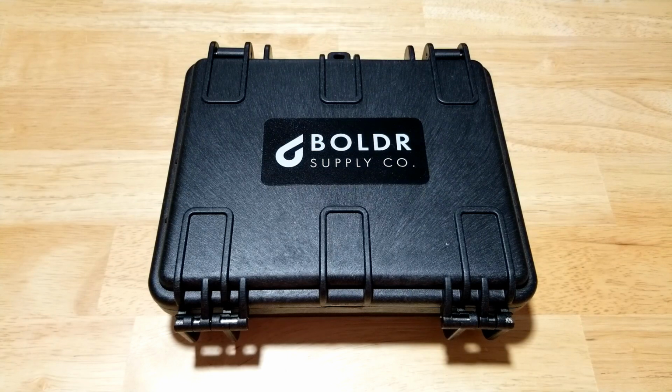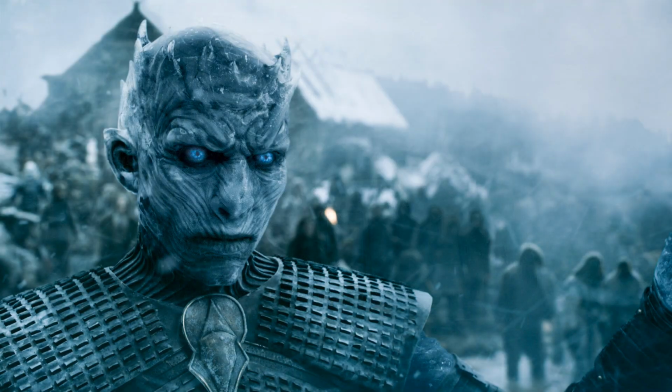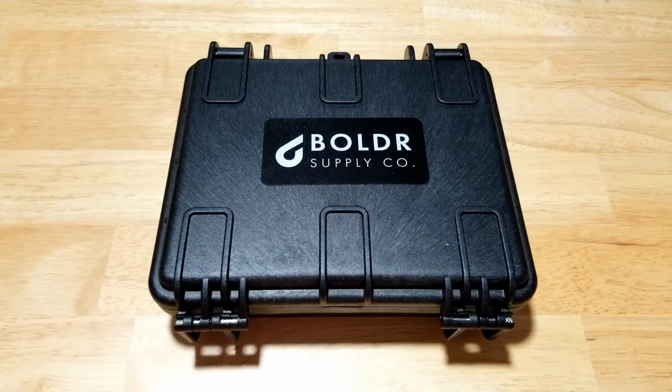Today we have the Boldr Odyssey 500 meter diver, and this happens to be the white ice version. Now, whenever I hear that name, white ice, I always think of the Night King from Game of Thrones. Anyway, it's a really cool looking watch, and we're gonna open this thing up, look at all the features and functions, check out the build quality, and then I'll let you know what I think of this very interesting watch